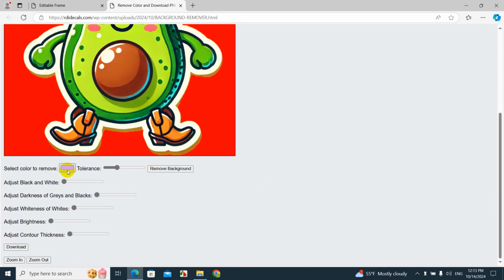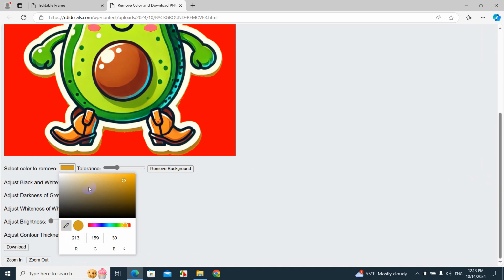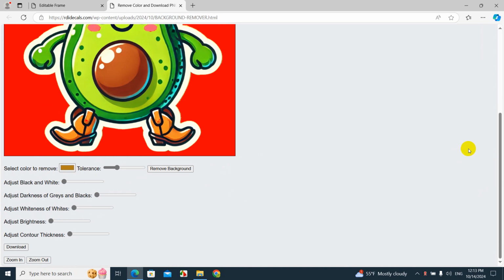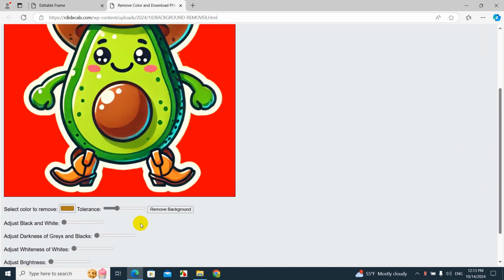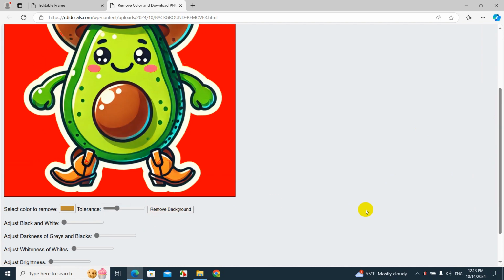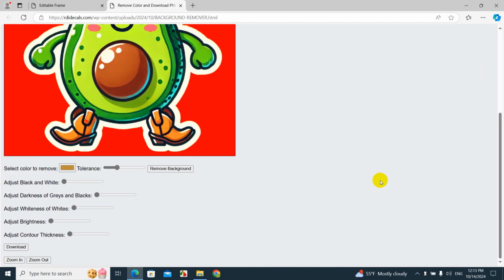Now we're going to remove this little color here, the gold, and now it's almost there. I still see some traces here that we can still remove, and we're going to pick on this section here, and finally it's gone. Now we can download this image without the background,